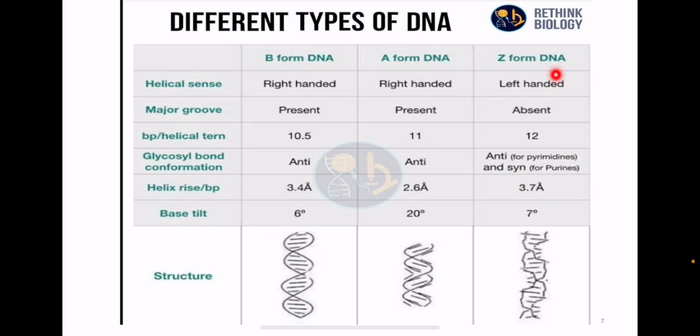So these Z forms are left-handed. They do not have major grooves, and they are a bit wider than the previous two we've talked about. Sorry, yes, it's actually wider and longer. Okay, so it has 12 base pairs per turn. Okay, and it is actually wider with a 3.7 Angstrom diameter. Okay, and this is how it looks like. Not exactly, but